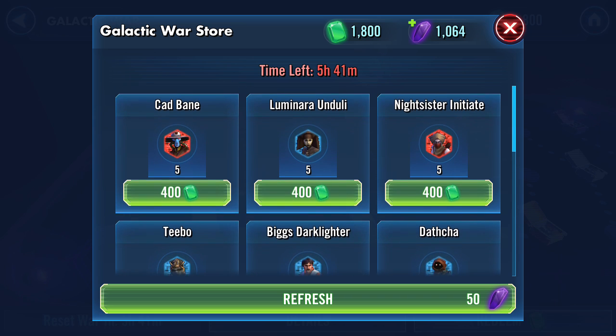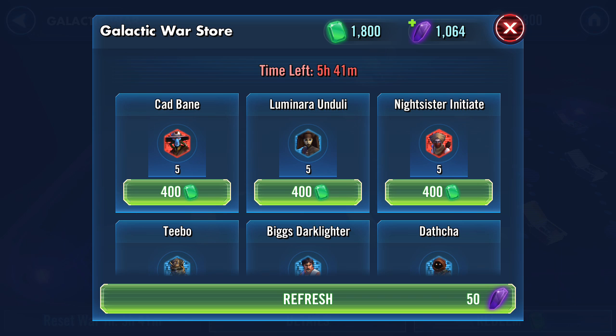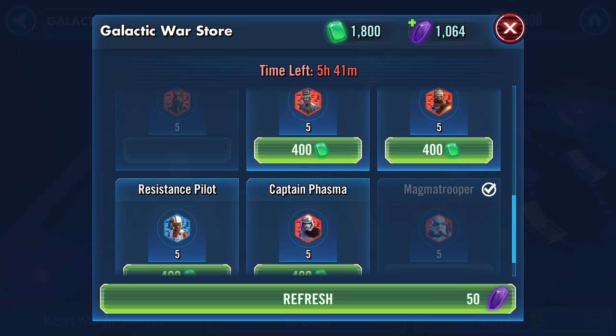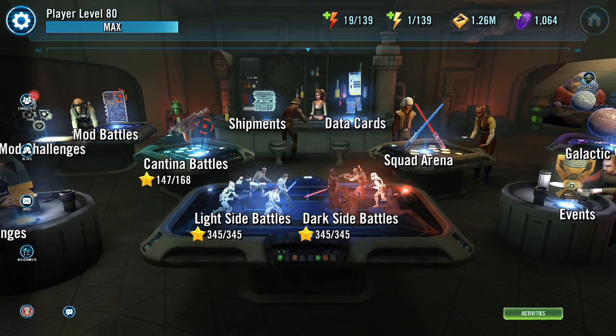Now, I don't have my Cad Bane yet high, and I don't have my Night Sister Initiate. And Cad Bane is, since his rework, definitely worth it. He's probably higher on the list than Magma Trooper, except I need some Potency mods, and the only way to get them is to farm or spend a bunch of gems in the store, and that's crazy. If you go to the store...